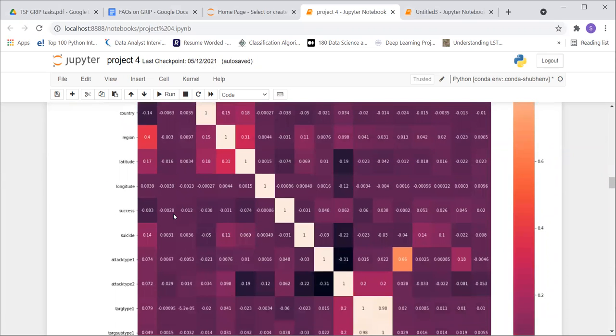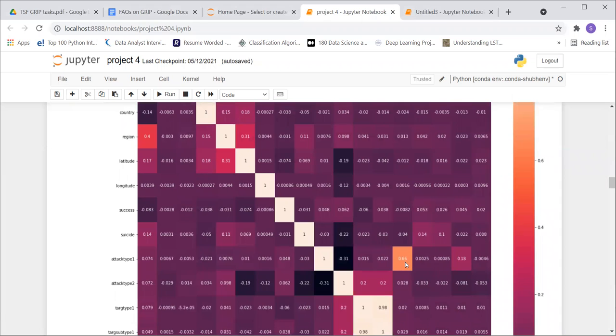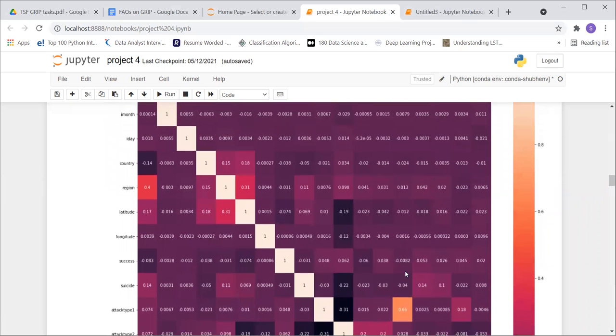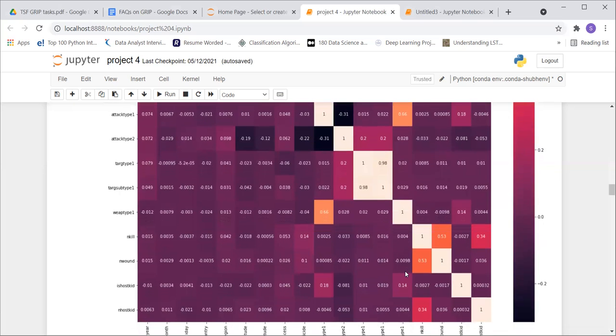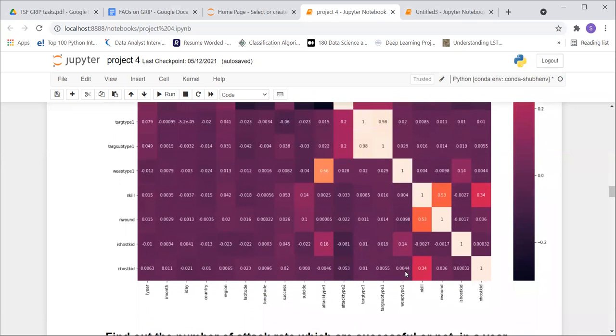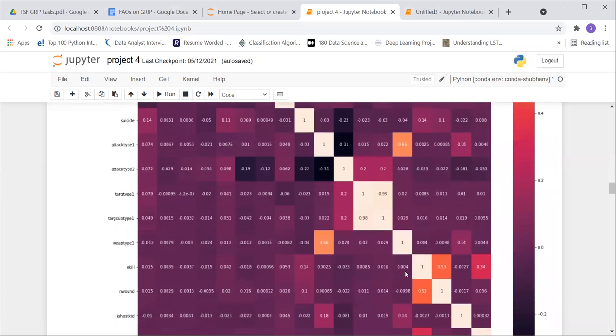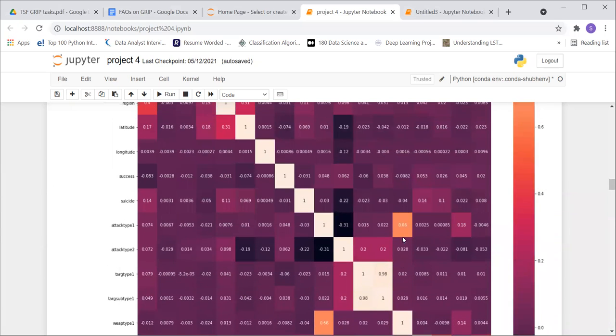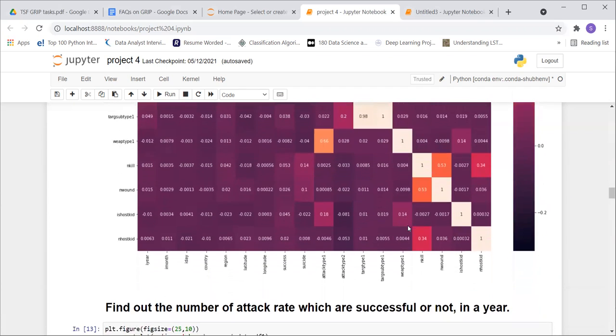Here we find out that 0.6 is a good relationship between the attack type and the weapon type. So it has a good relationship between them, which means that the data is dependent on these columns with each other. Okay,